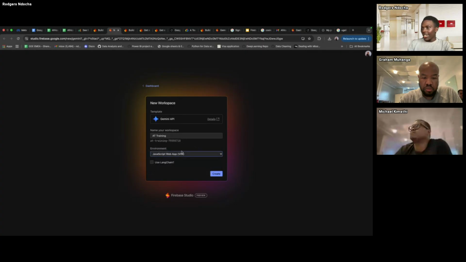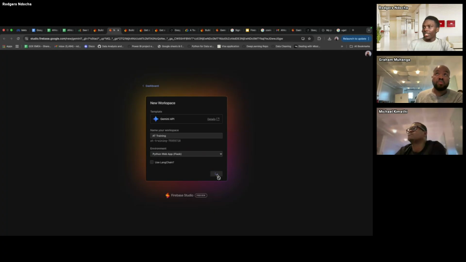If you select Flask, you also have the option to use LangChain. LangChain is a Python framework for building RAG agents. You can also select it if you need LangChain to develop your application.